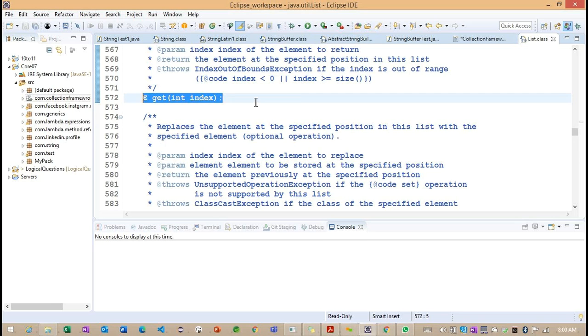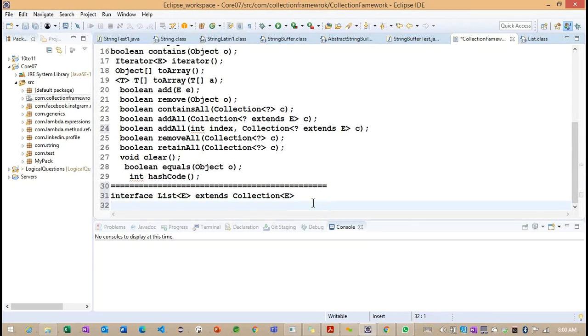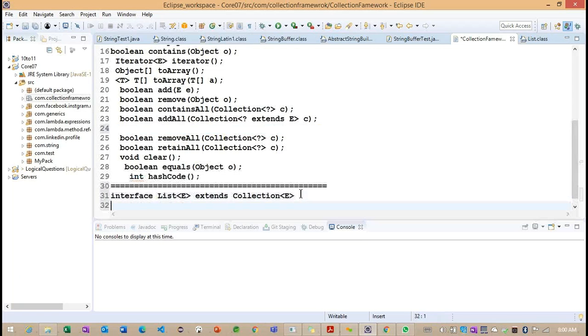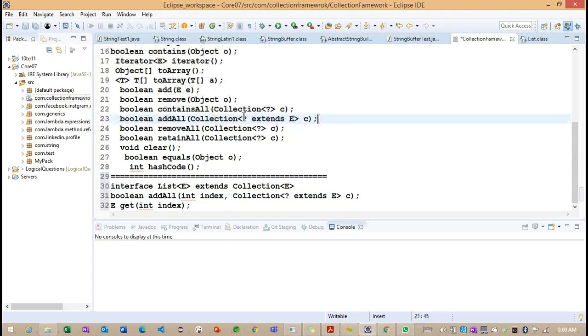So what are you understanding here by seeing this get method? Here we are going to specify a parameter, and the parameter we provide is an index here. Based on this index, what we are doing here is trying to load an object. But you can see the return type we have is E. Getting the point?